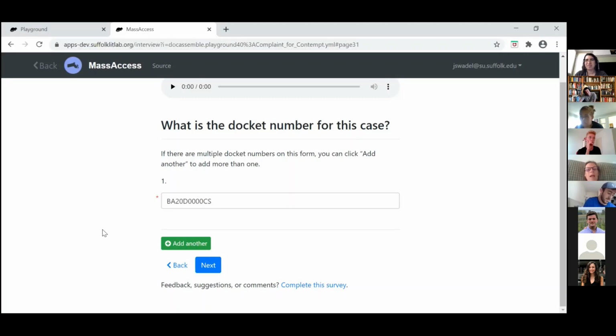I think it would be good to suggest that they separate the docket numbers by commas. So if you have more than one docket number, put as many as will fit in the space, separated by commas. Don't worry if you can't fit them all in. And then maybe people will figure out stripping off the first characters on their own.